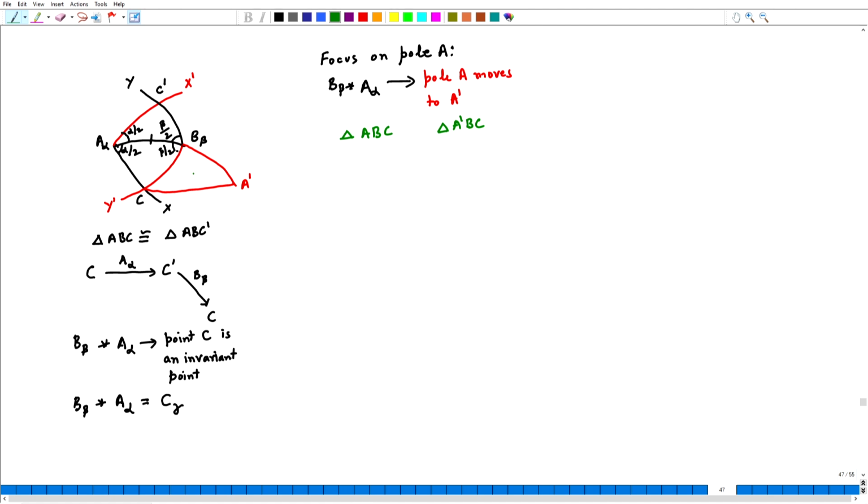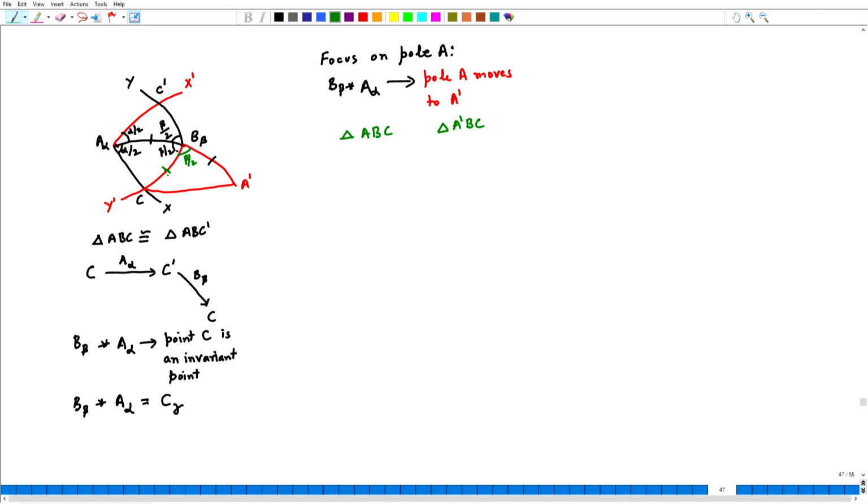So, first of all, take the side AB and the side A prime B. Since basically we have rotated the great circle AB to the position B A prime, the two sides would be equal. And what about the angle? Let us say, what about this angle? Since we have rotated about the B axis, we already had this angle as beta, total rotation would be beta. So, this was half of it, beta by 2. So, therefore, this also has to be beta by 2. The other thing, there is a common side as well.